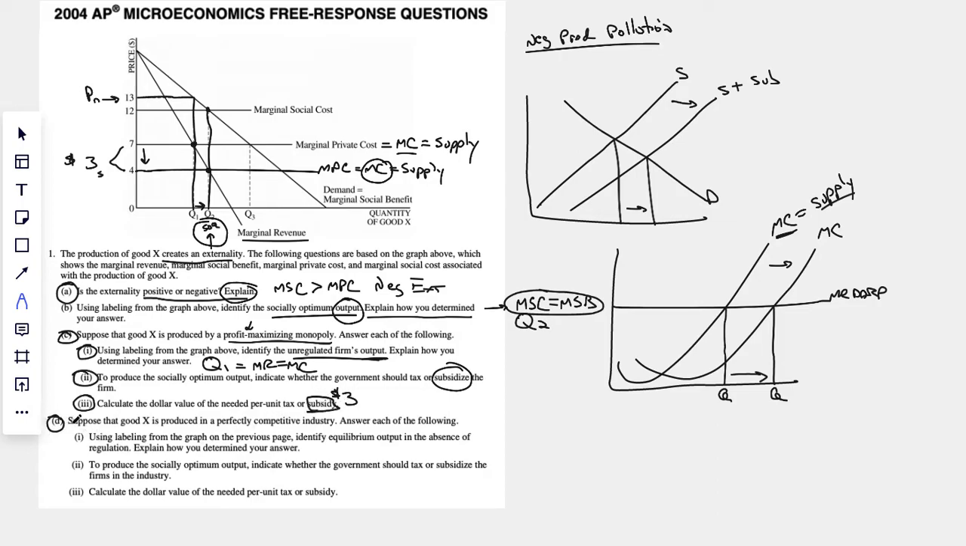All right. Suppose that good X is produced in a perfectly competitive industry. Answer each of the following using the labeling on the graph. Identify the equilibrium output. Explain how you determined your answer. Well, we know monopoly or perfect competition tend to produce where price equals marginal cost, right? So they're going to produce right here at that Q3,